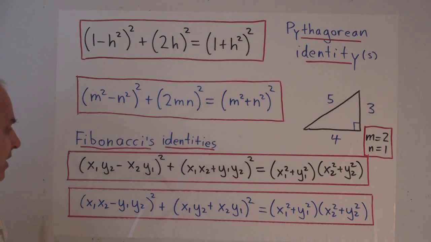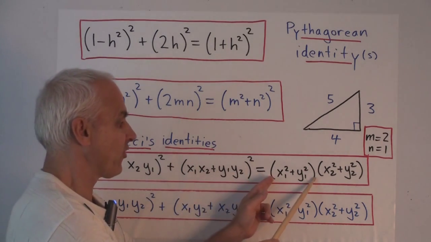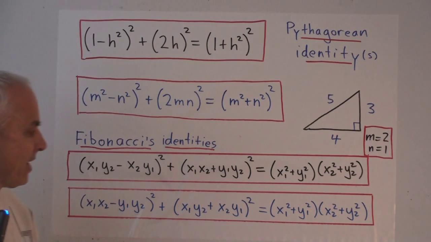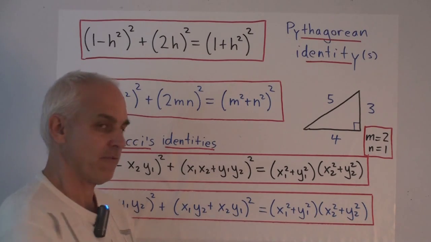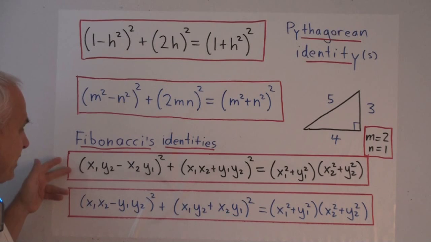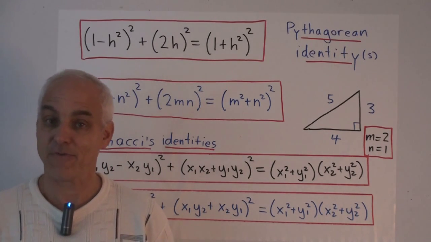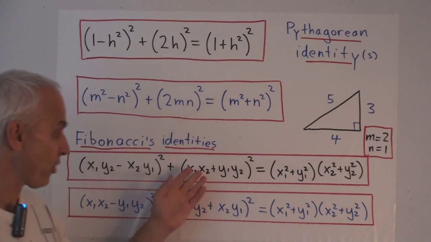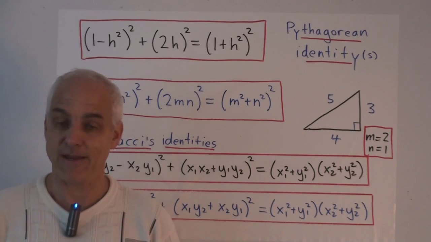And here are two other important identities. They're almost the same. Fibonacci's identities. This quantity squared plus this quantity squared equals this times this. And a slight variant, and I've put this one on over here. This thing squared plus this thing squared equals again the same product of things. These two identities are crucial for trigonometry and for complex numbers. So they're also important identities that all students of maths should verify by expansion.